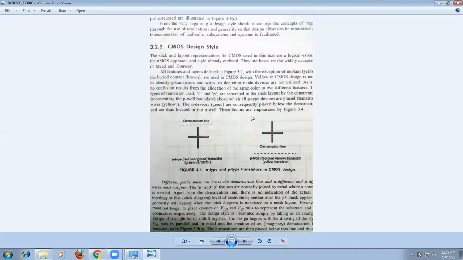Let us assume, in the CMOS design style, what rules are there compared to the NMOS design style? Approximately, we can follow the same rules, but somewhat different. In the NMOS design style, only NMOS transistors are used: one is an enhancement mode transistor, and there is a depletion mode transistor in the pull-up region. But in the CMOS design style, we are using two different types of transistors: one is the N-channel FET and the other is the P-channel FET. That is the main thing, right?